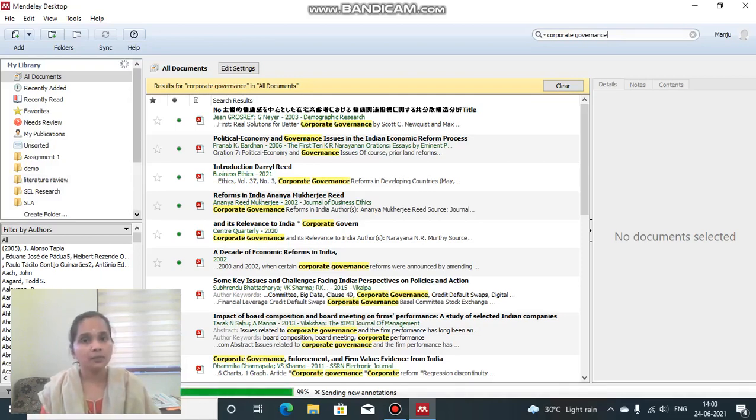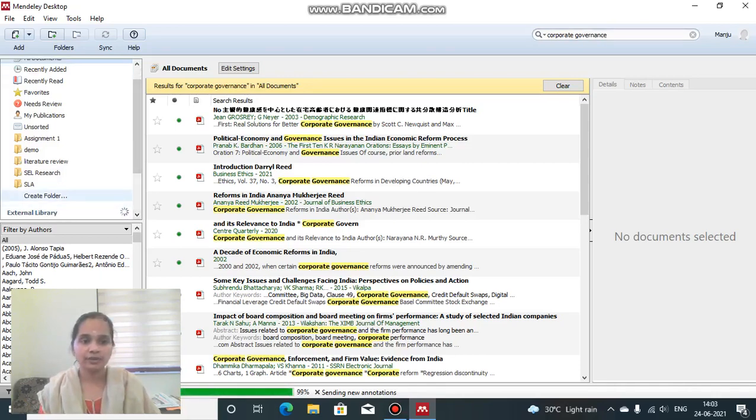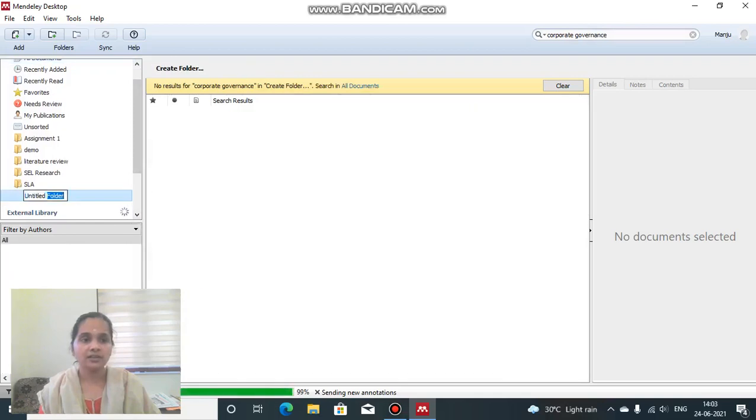It will help in moving our research in a good manner. So here in Mendeley, you have a provision to create a new folder. For example, I'm creating one here, and it's named corporate governance. That is one of my keywords. So this is my new folder, corporate governance.